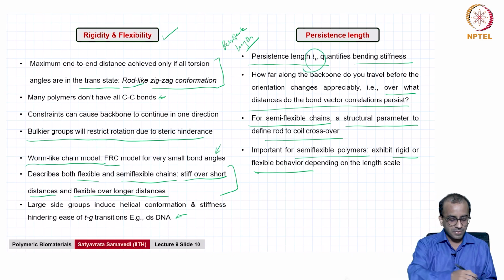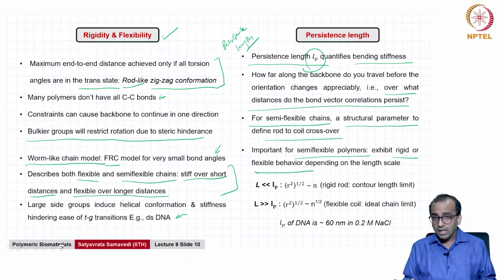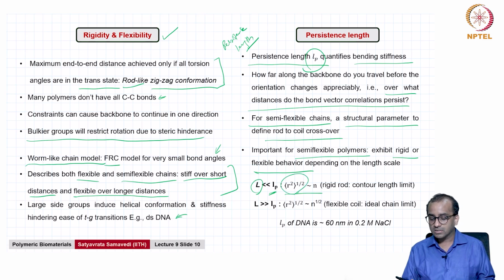Just as an example, we will look at the two extremes to get a quick sense of how this works, just as with the 2-inch piece and the 50-foot length of garden hose. If the length scale of interest, that is your chain length, is much smaller than the persistence length, the scaling for the root mean square end-to-end distance happens to be n,